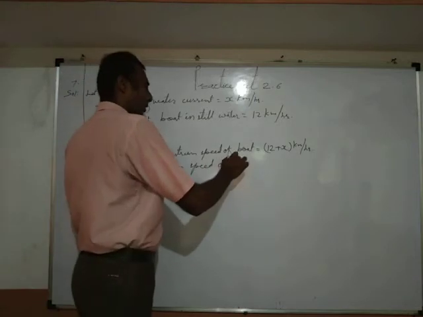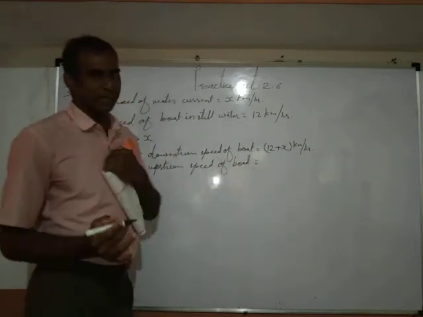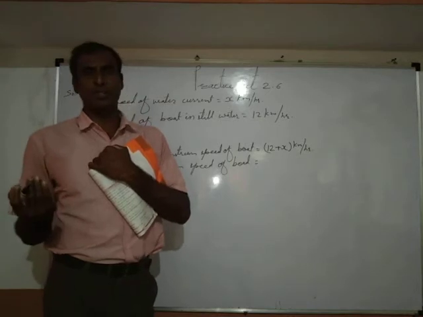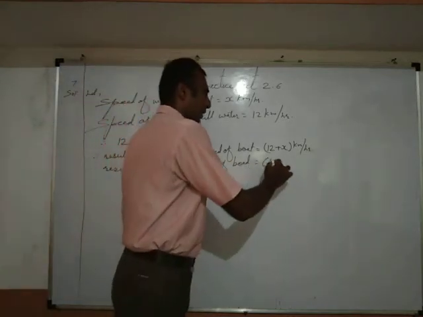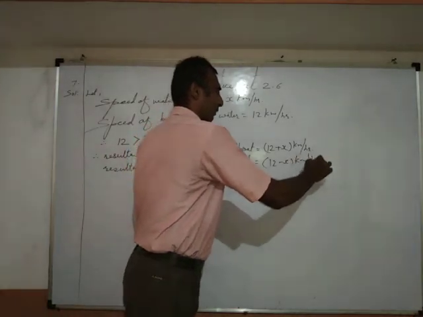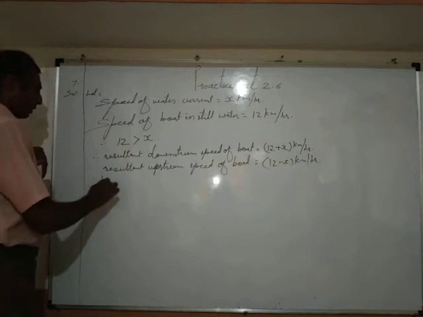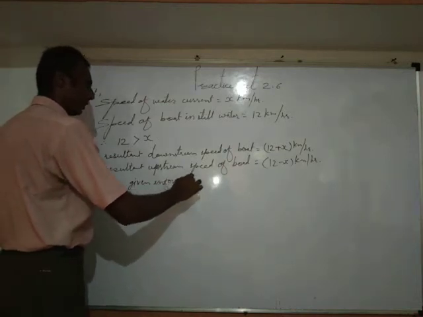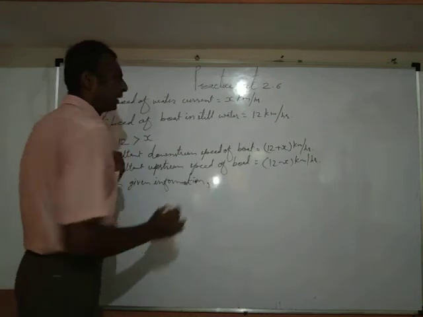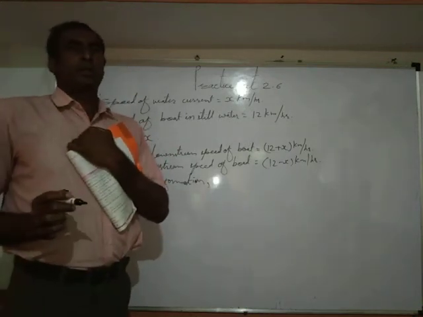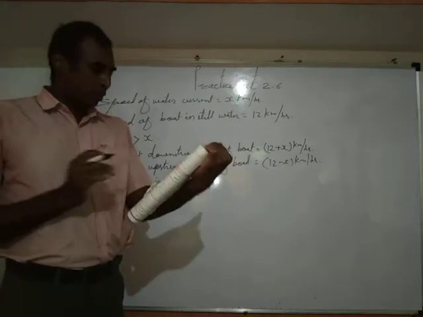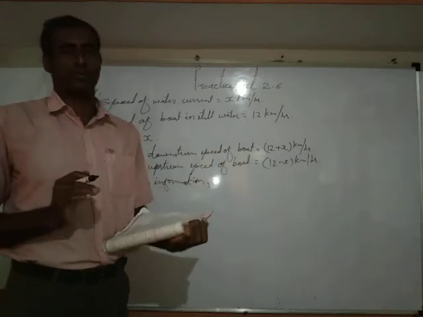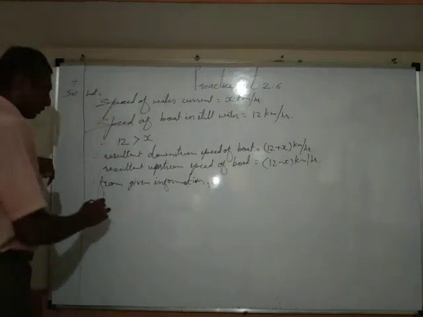speed of the boat, upstream means in the opposite direction of water current, and as there is opposition in speed, the resultant speed will be 12 minus x kilometer per hour, okay, and therefore from given information, as the boat goes 36 km downstream and again comes to its initial position in 8 hours, okay, means as we have